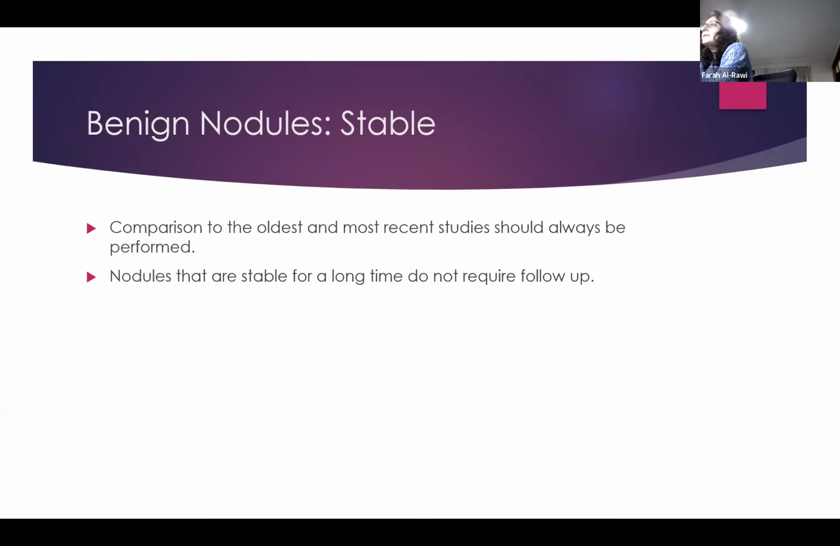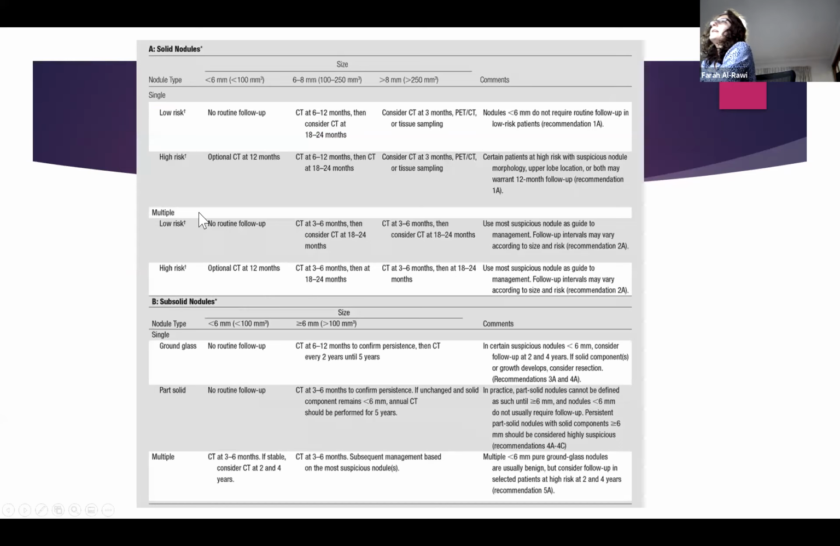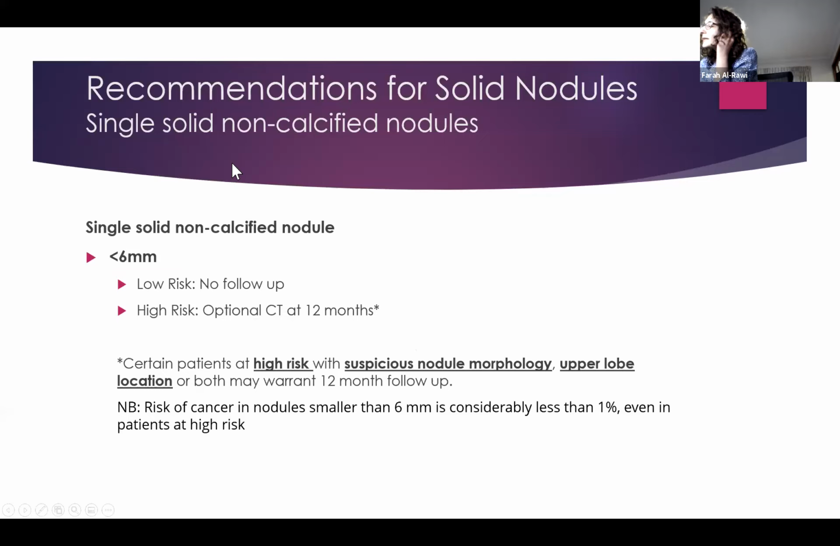So if I have an old CT, say 2010 or 2015, from 5 years ago, and the nodule has been stable all this time, I know it's benign and it's unlikely to be something to worry about. Now, these are the guidelines, and for the interest of time, I'm going to just go through them quickly because I do not expect anyone to remember all these numbers, but it's just an explanation about what we do and